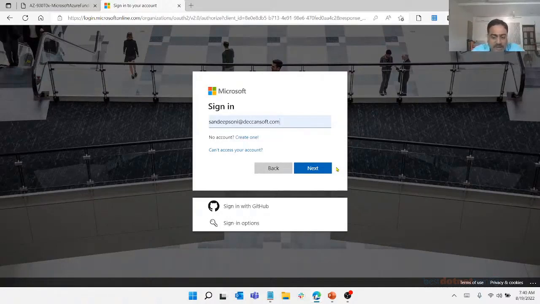You have to complete your login with a Microsoft account, and then it will also ask you your personal details. Most important, it will ask you for the credit card details, and it will also perform a small transaction. Maybe $1 or a 1 rupee transaction will be performed, which again is reversed.